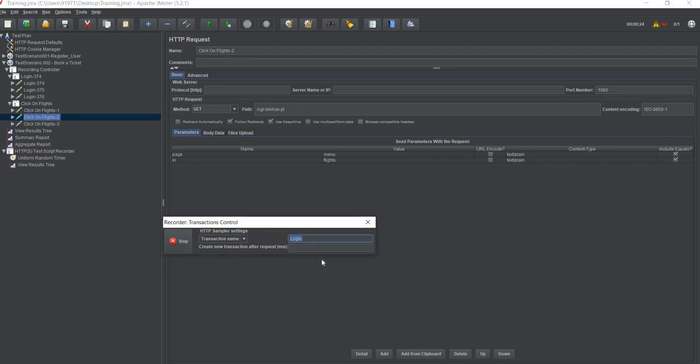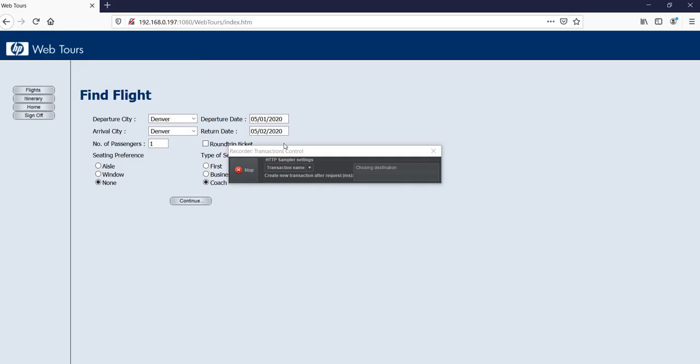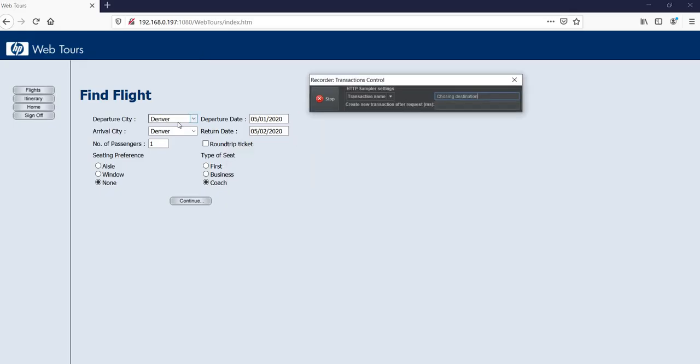Then after that we will be choosing the destination. So I will go to the website and choose the departure city to be London, arrival city to be Paris, departure date to be 2021, let's keep it 21, return date to be a 2 day trip.